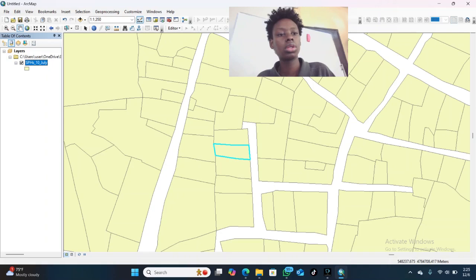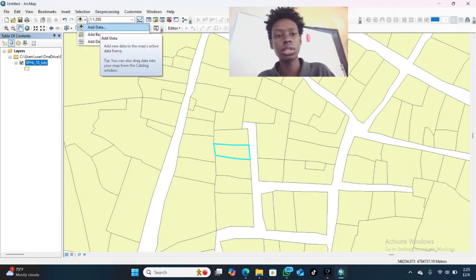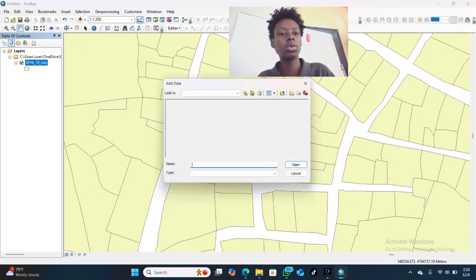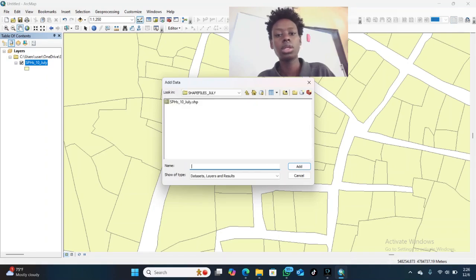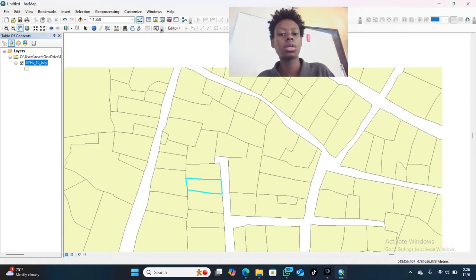The same way to add them, you may have your location. After having a location, you add them like this. Then if they are here, you add them as usual. So another thing to know,